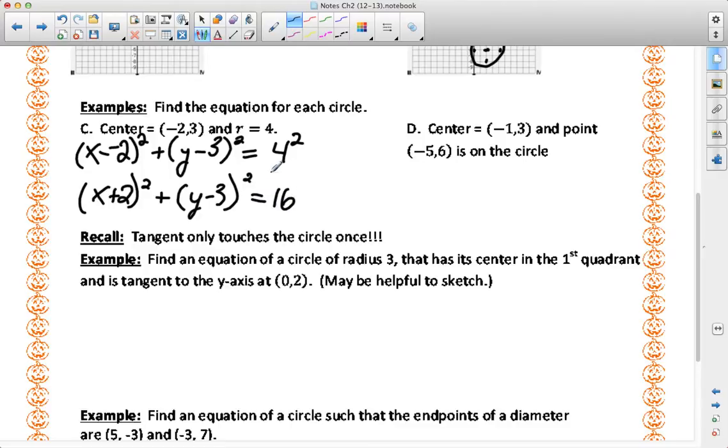On your homework, I know you'll jump right to the answer, and that's fine. Test or quiz, you'll jump right to the answer, that's fine. Problem D is one that's just a little bit different. The center